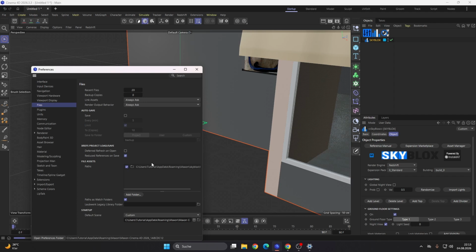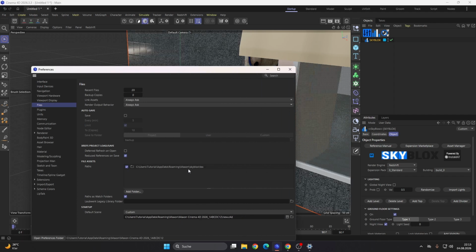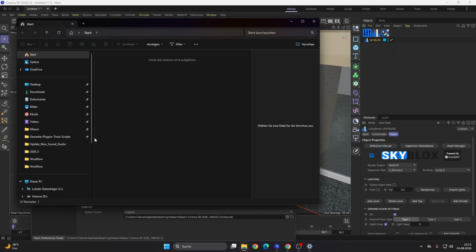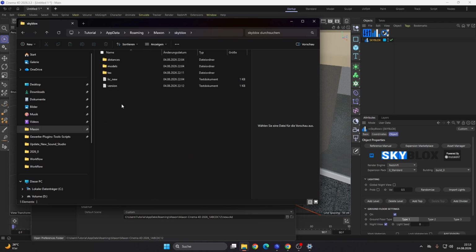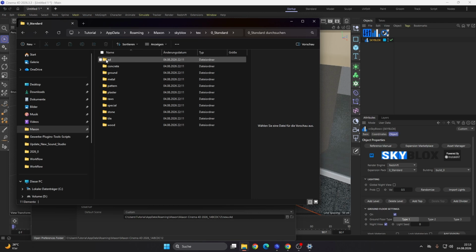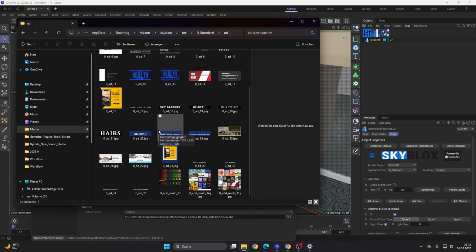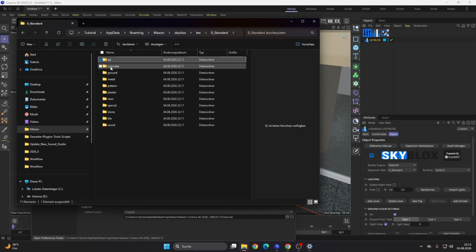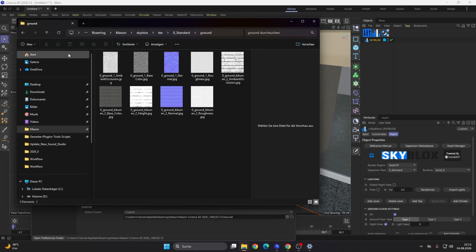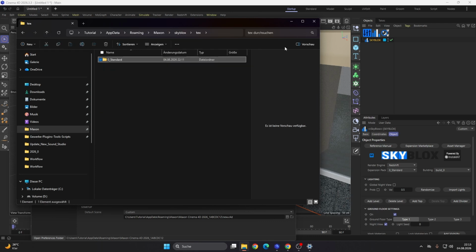As you can see here, it added this tex folder. This is the Skyblocks tex folder here. This folder is added, and here you have downloaded all the assets. So here, all the textures for Skyblocks. You can also use these textures for private projects or something like that.